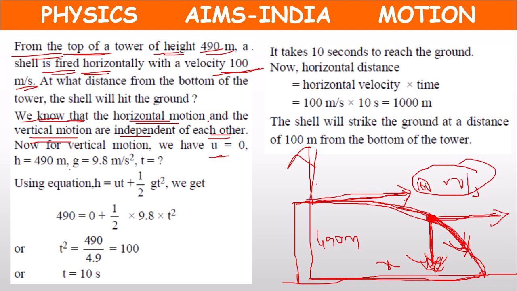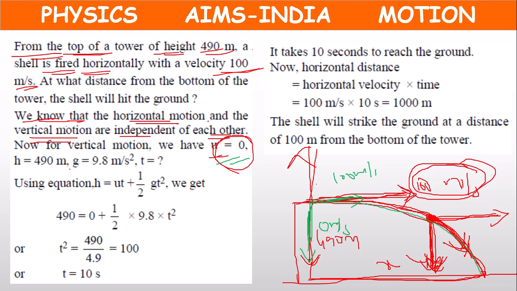So in the vertical direction the speed will be 0, because whatever velocity we have applied, it is in the horizontal direction, not in the vertical direction. Initial velocity in the vertical direction is 0 meter per second, but horizontal velocity is 100 meter per second. So u is 0, and